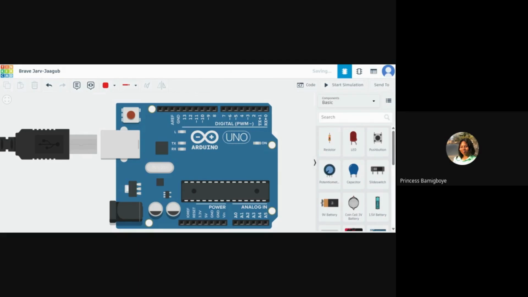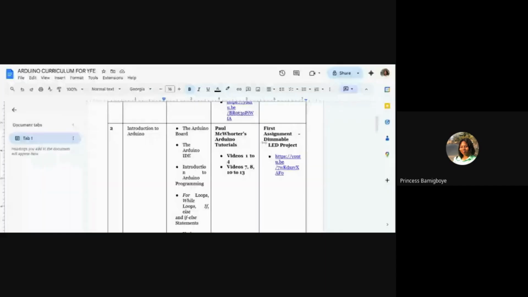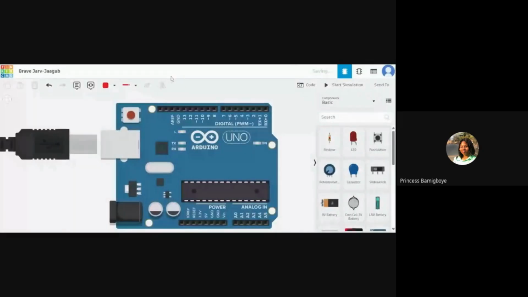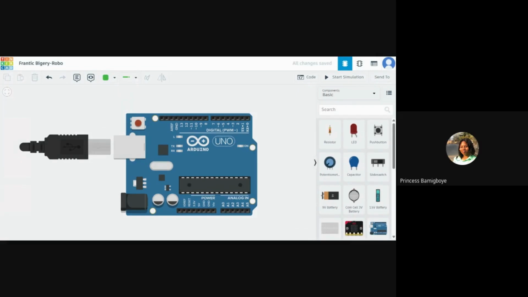And I can't really go into the deep theoretical parts about what they are. Let me show you the spelling. It's even in our curriculum. You can see it here. PWM, pulse width modulation. I can't go into the in-depth parts of it right now, but I will go deeper into it when we eventually reach it. Since I'm not going to go deep into it, at least I should explain it a bit.